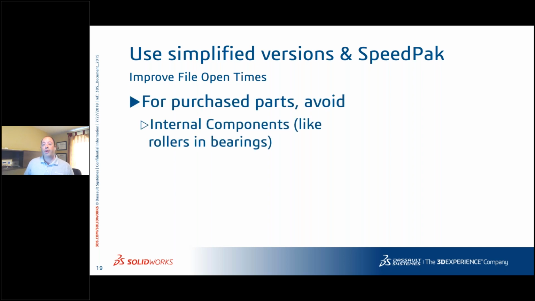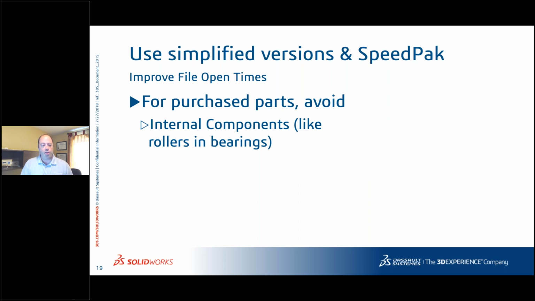For example, purchased parts. We're going to see an example a little later with a gearbox. Let's say I purchase that gearbox. I go on the web and get a nice model. It has a ton of detail, a lot of information. Then I put that gearbox into my library, and I use that same gearbox in 15 different assemblies. Well, now those 15 different assemblies have to make do with that extra burden, extra load. So especially for library parts that you purchase, oftentimes these are some of the parts that you want to target first